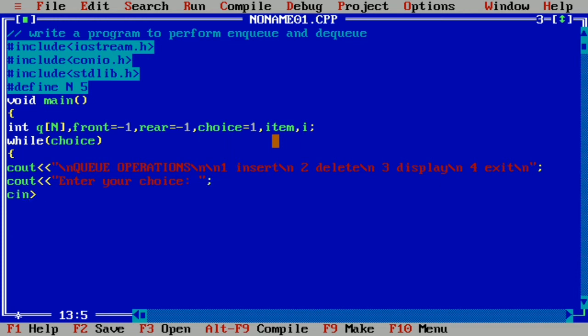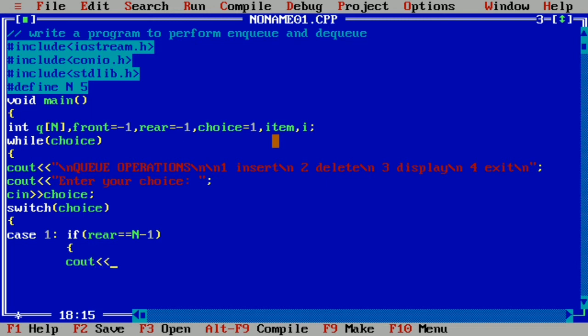Next, cin, here we will take choice. Then we are going to use a switch statement, and here in the expression we are going to insert the same variable choice, curly open brace. Here we are going to continue with the first case 1, and now we are going to check the condition. If rear is equal to N-1, then we'll say queue is full, correct?